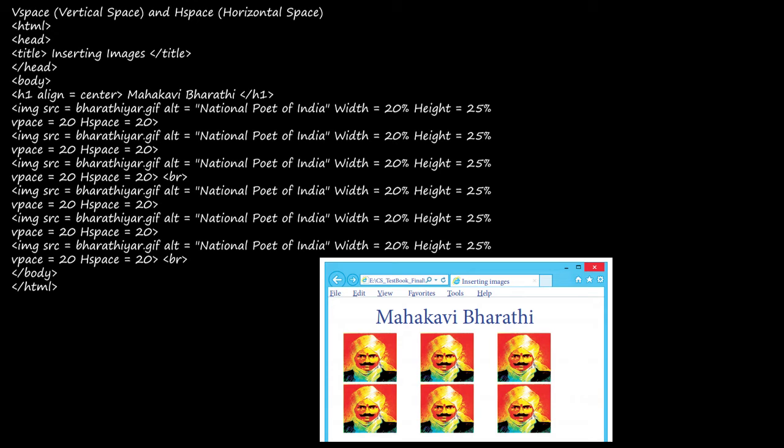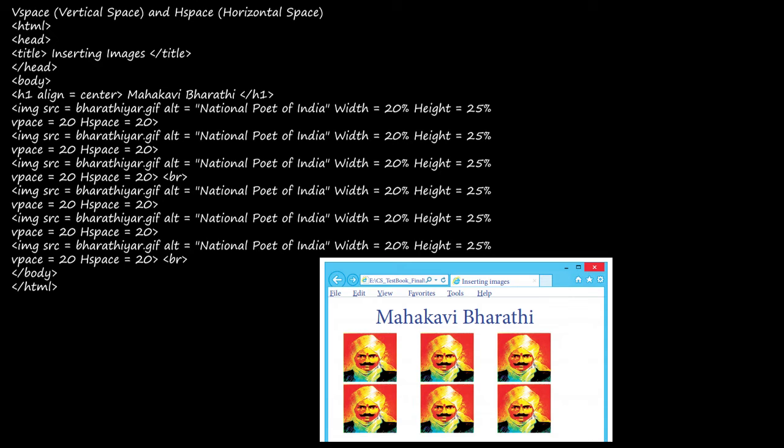The same thing they have given six times, so you will get the image six times with width of 20%, height of 25%, and vertical space 20 and horizontal space 20. Let's see the output of this. The output will be displayed like this. So you are clear about alt, width and height, V space and H space.